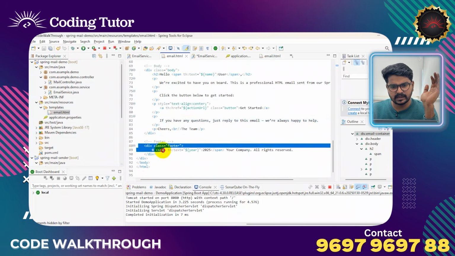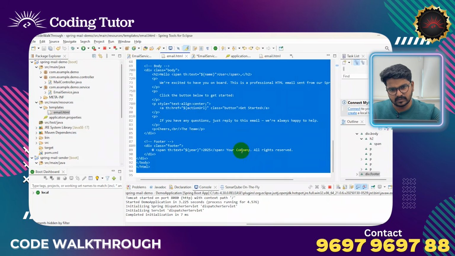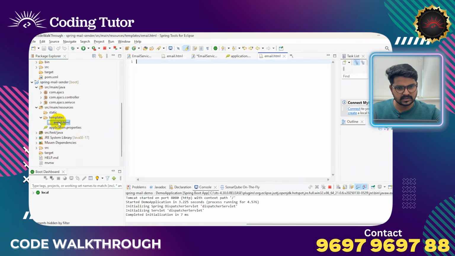one more container like this. I have given this text and I close the body and I close the HTML tag, right? This is a simple HTML code, don't worry about this. Then paste it here,